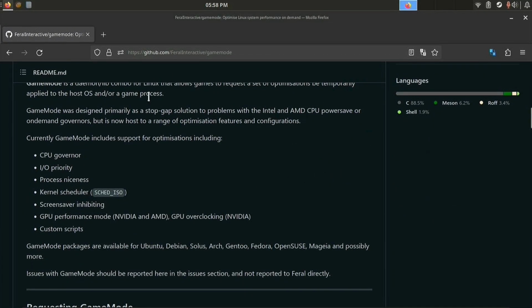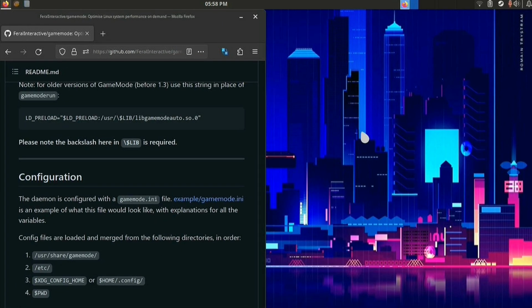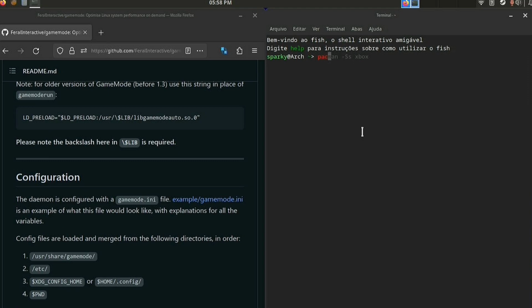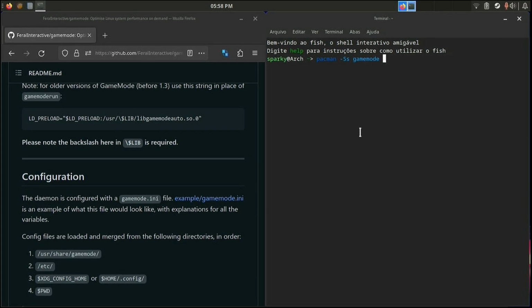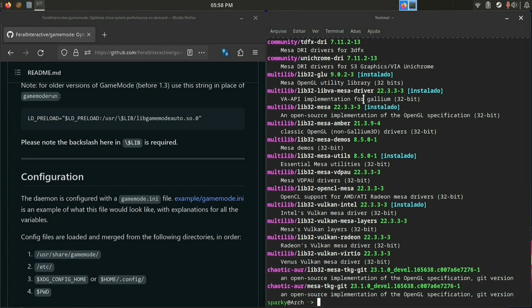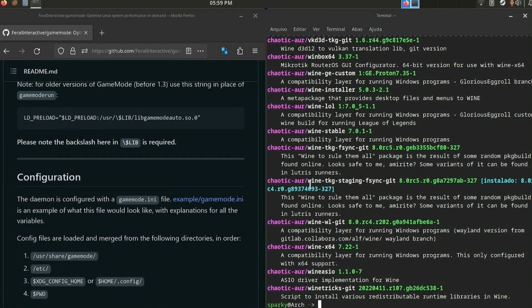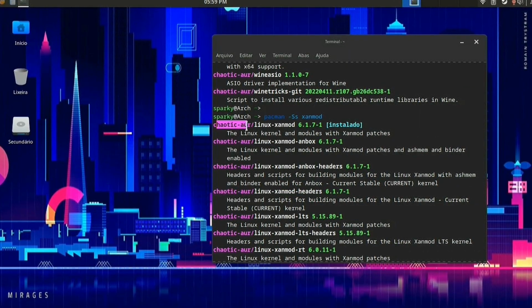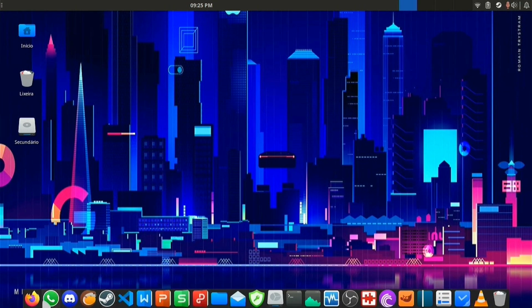You can also install useful programs like Feral GameMode, and there are many ways to install, like getting the source code and compiling, or using the package manager of your distro, or simply using your distro app store. Another thing we're gonna install is the latest unstable Mesa drivers, the latest version of Wine with FSync support, and the Linux Zen kernel.